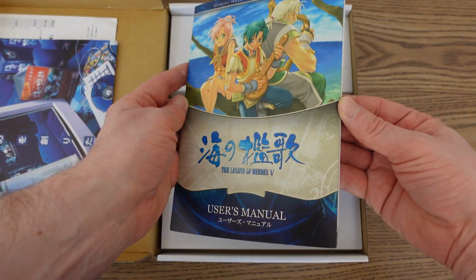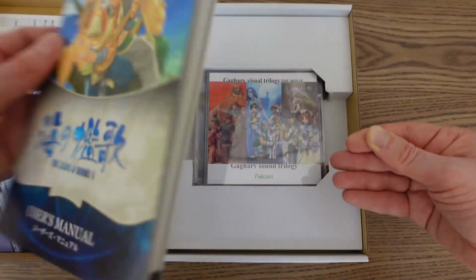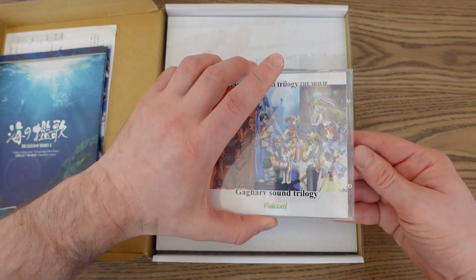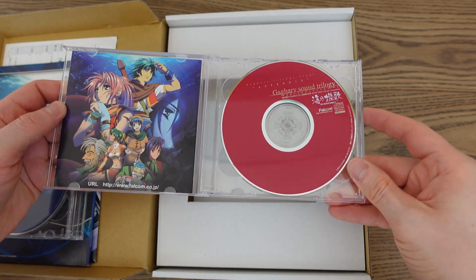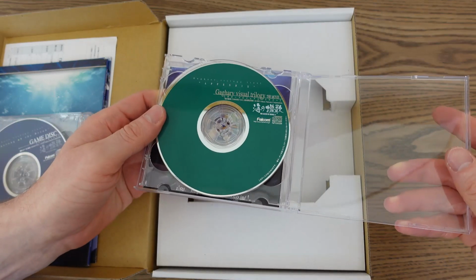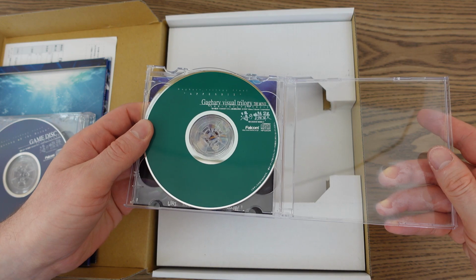Then the manual, which is in black and white, except for a few color illustrations toward the front. Then there's a set of 2 bonus discs. Gagharv Sound Trilogy is a collection of remixed tracks from Legend of Heroes 3 and 4 which appeared on other CDs, plus some of the original soundtrack from 5. The other disc, Gagharv Visual Trilogy The Movie, is a Windows CD-ROM containing some opening movies from the games and